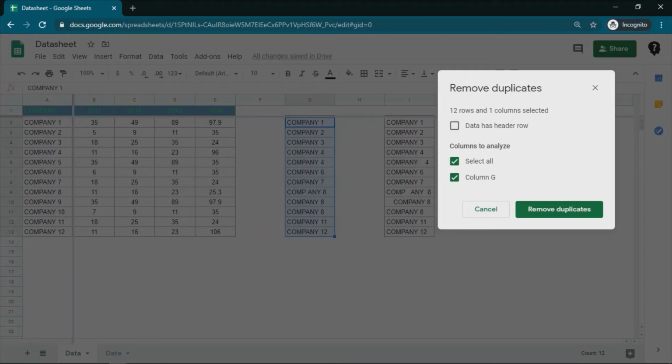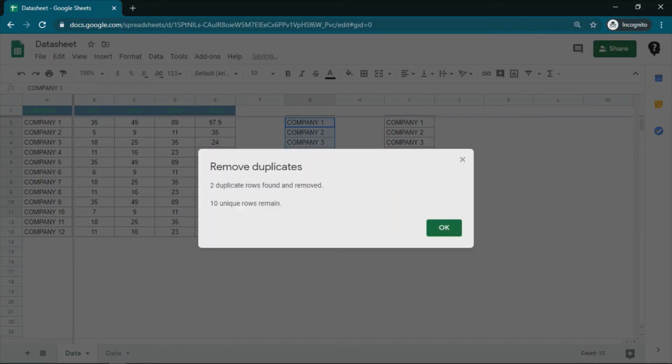If I have multiple columns selected, it will ask me which column I want to check for removing the duplicates, or I can look at all the columns. So I'm going ahead with remove duplicates and see here, 2 duplicate rows found and removed, 10 unique rows remain.